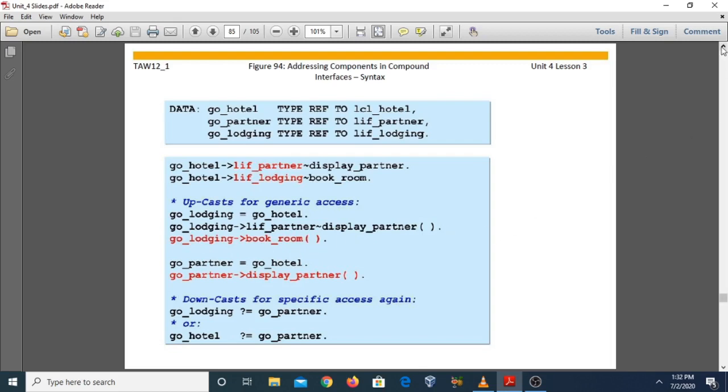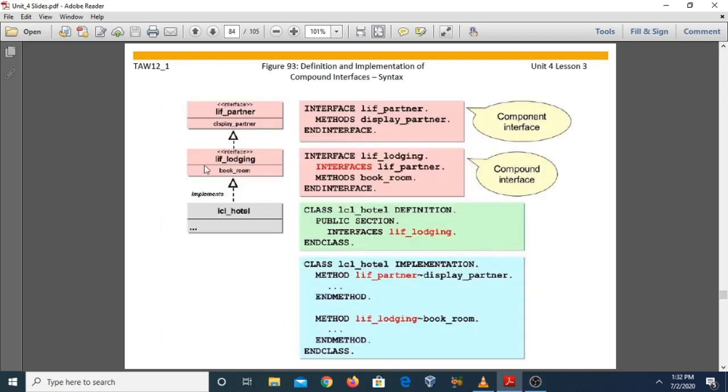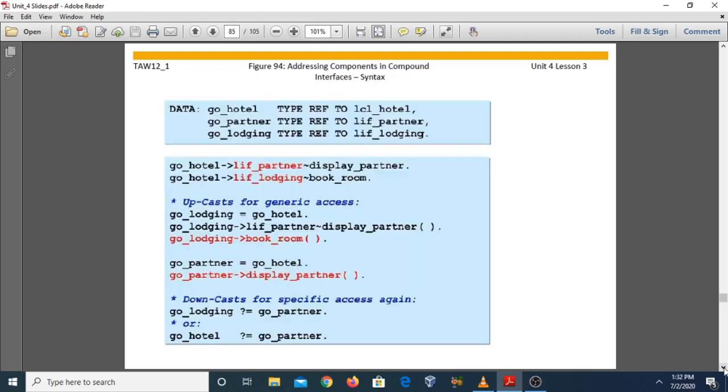You can see that upcasting is called a widening cast. So for go_lodging, the capability has been increased. go_lodging can call its own method as well as the LIF_partner method. So this reference variable of the lodging interface can access its own book_room method as well as display_partner of the superclass LIF_partner interface.